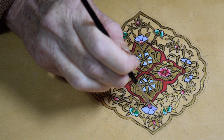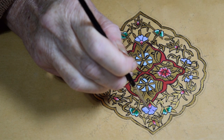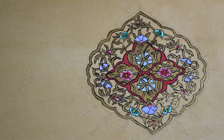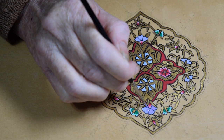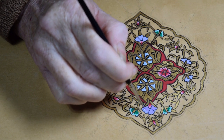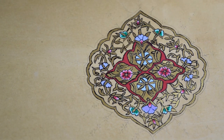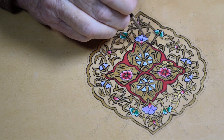The next step is the degrade technique for the flowers. I've added an enlarged blank worksheet of the flowers used in this pattern to practice on. Basically, the technique is adding the next colour. You've added the lightest one, then you add the next